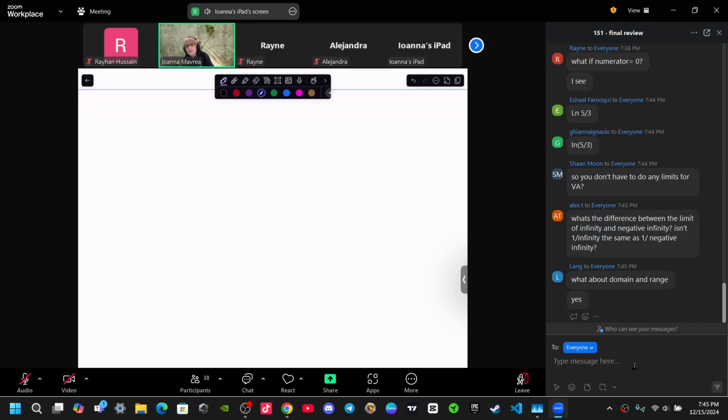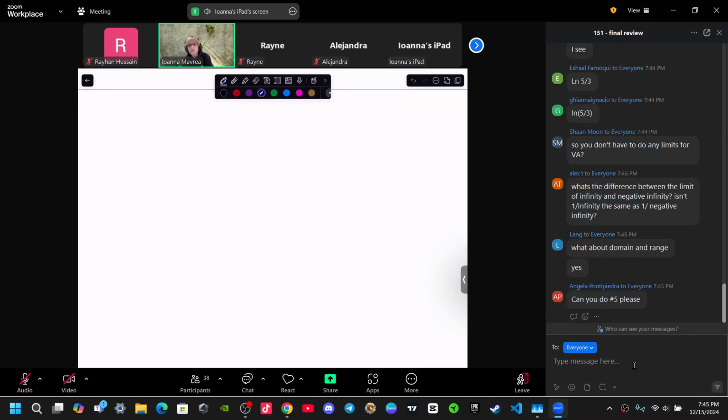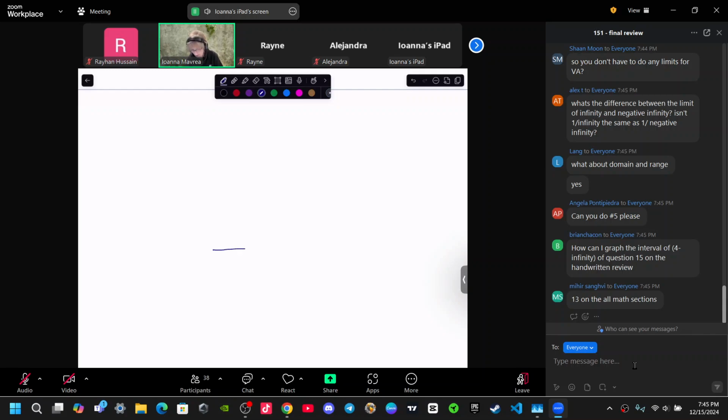Well, that's the thing about vertical asymptotes. You have an x that is so bad and so not in the domain that the function is so frightened of it that it doesn't just go like this. That's an x not in the domain, but it's not very bad. So this x is also not in the domain. But then you have this other x where the function is so scared of it, it's so not in the domain